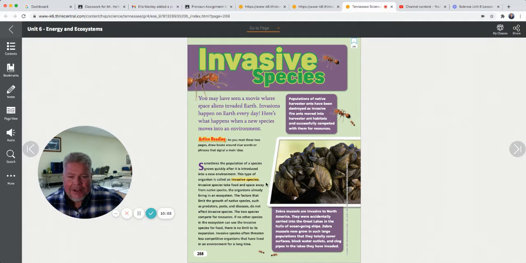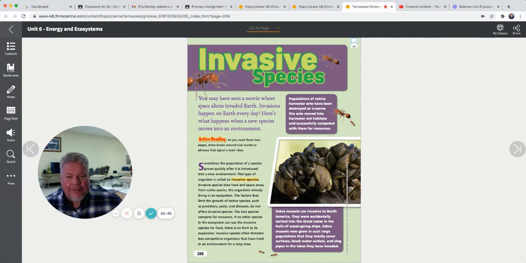So the moose wouldn't have any predators to hunt it down. It would grow and grow and grow, and there would be so many moose if they could live in this ecosystem that they would just be plentiful and they would take over, and the deer would have less to eat because the moose are eating the same thing the deer are eating. So they're competing for food, but nothing is going to be hurting the moose because nothing's big enough to eat a moose in this area. You see what I'm saying? So there's no moose here. So if they were put here and they started taking over, they would be called an invasive species. That's probably a silly example, but it's the first one on my mind.